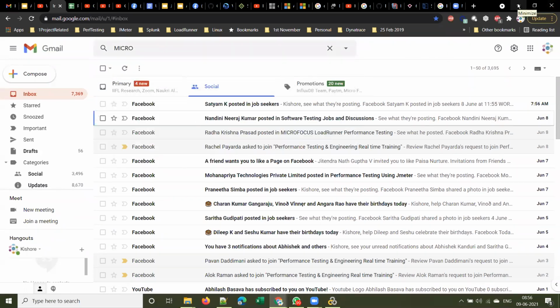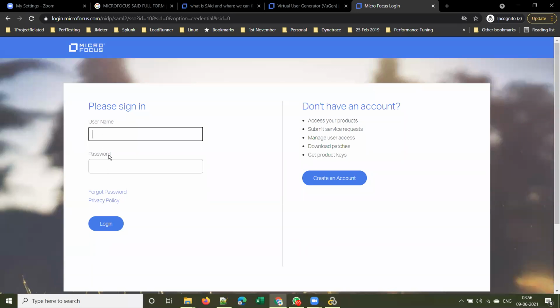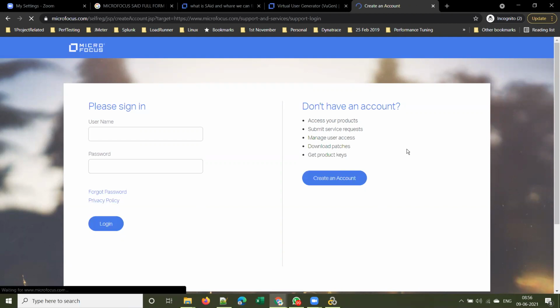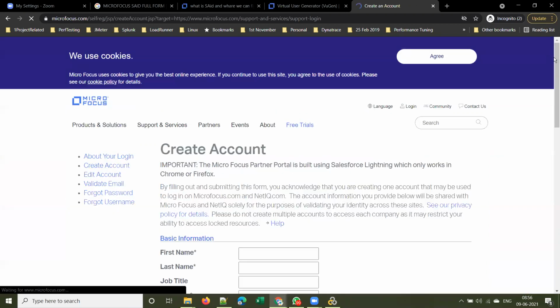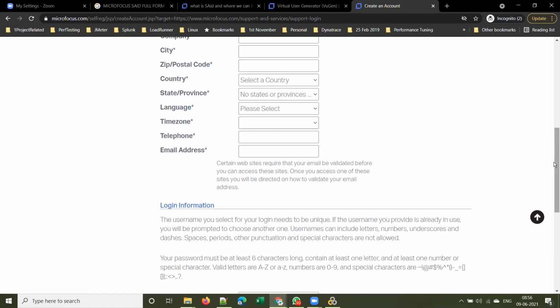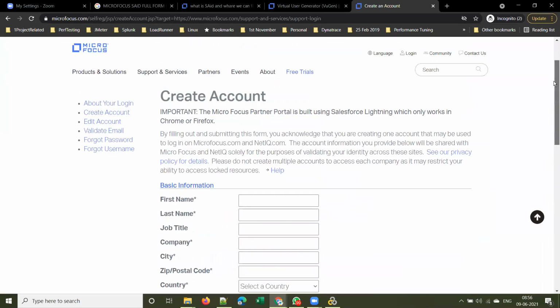I should have a document with screenshots. I'll share that. Basically you log into your account. You can log into your own account also, but when raising the support ticket, you have to use that SAID. Clear? What you can do is create an account with your official email ID, log into the same account and raise a support ticket. Is it clear, guys?